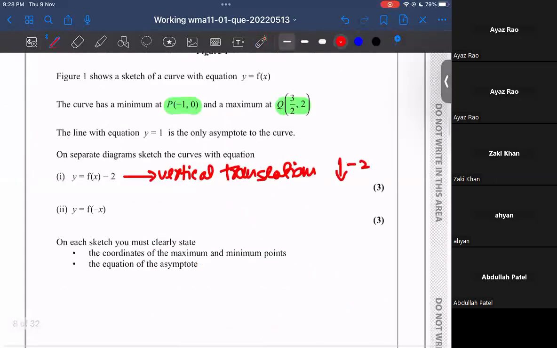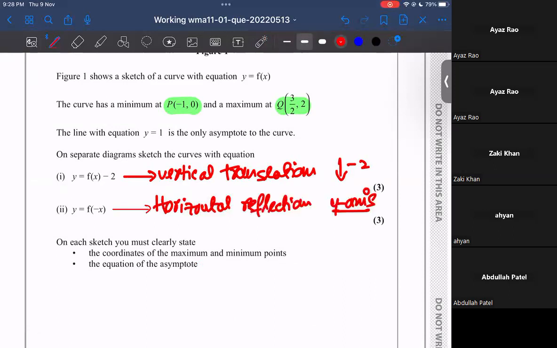Secondly, they have asked you to draw this graph. Which graph is this? This is the reflection, and this is a horizontal reflection. It will reflect through the y axis. This is going to be reflected with the help of the y axis. So when it is reflected through the y axis,